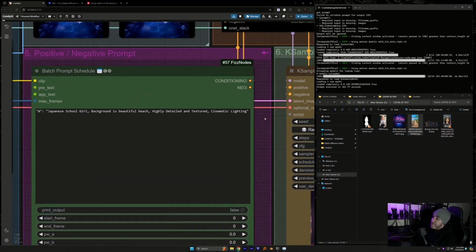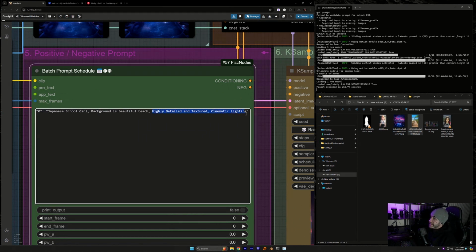Because this is a very IP adapter centric workflow, you want to keep your prompt very, very simple. I have even simplified further than the last time I did this with you guys. So now my mainstay is highly detailed and textured and cinematic lighting.